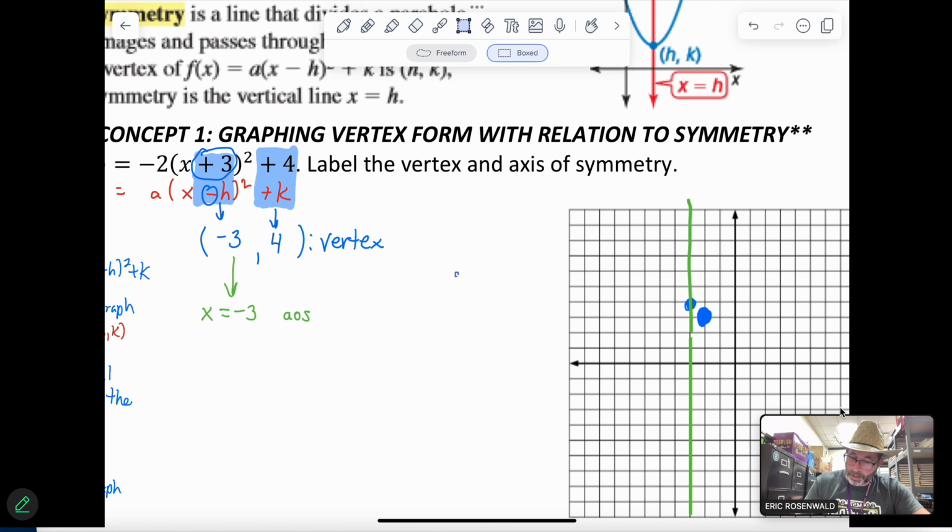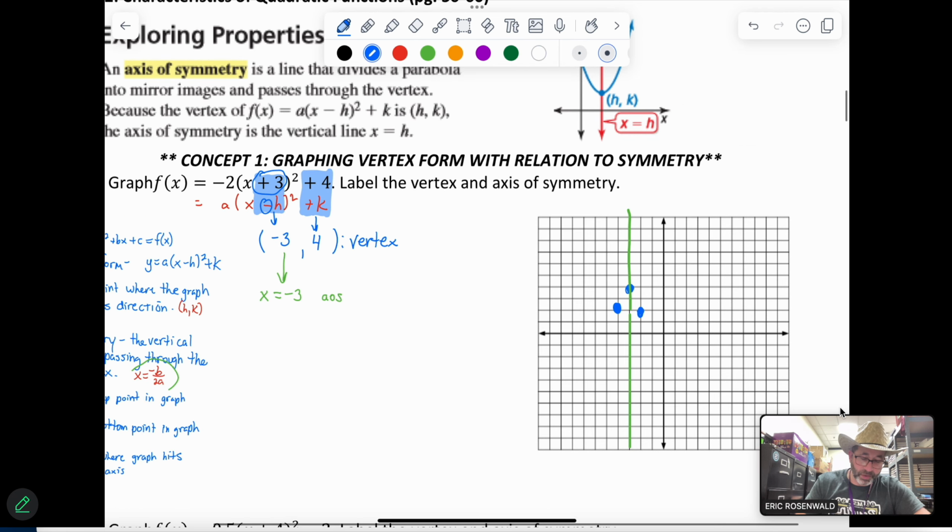I've got another point right here. And that point, we're going to go ahead and do the same thing. So it's going to normally be 1 up from here. If I stretch it, it's 2 up. But then I reflect it over, it goes back the other direction. It's going to be down here. Okay? That one did not get moved to where it belonged. And that's it. So we really just need 3 points to make our curve, but this is what our curve